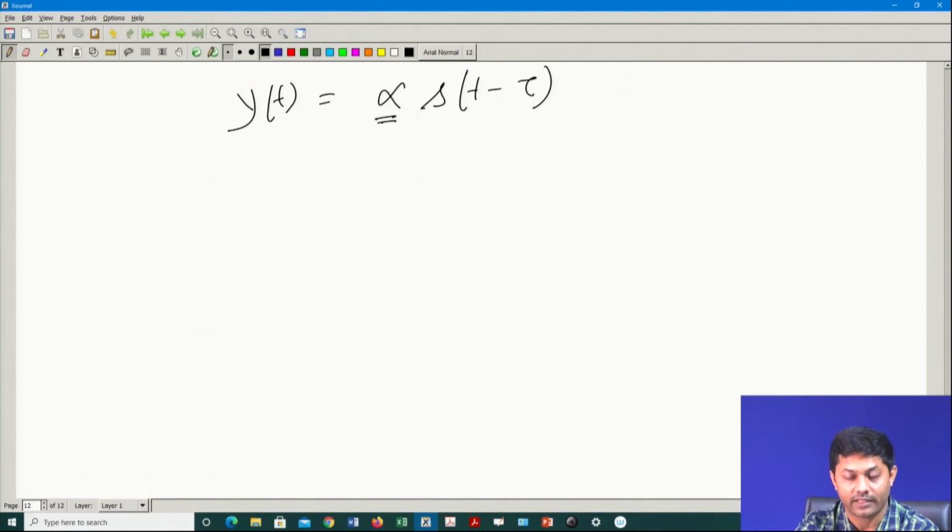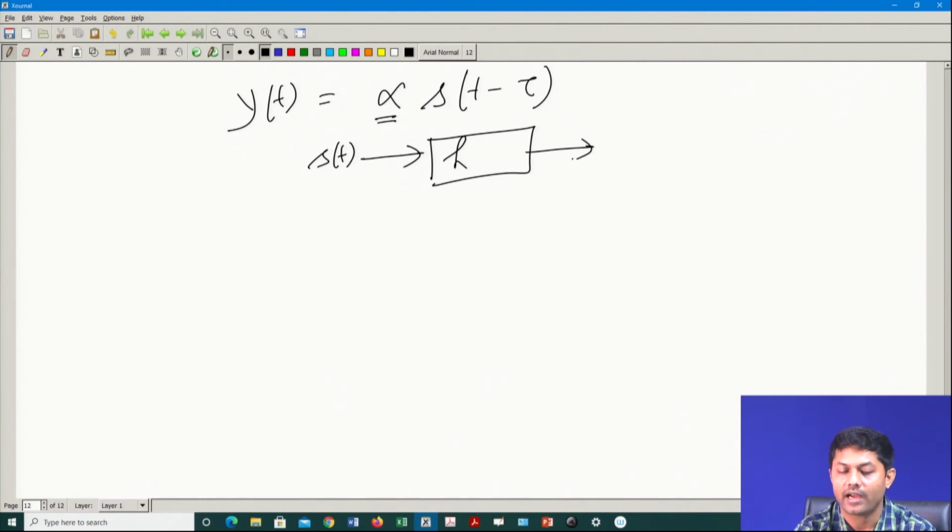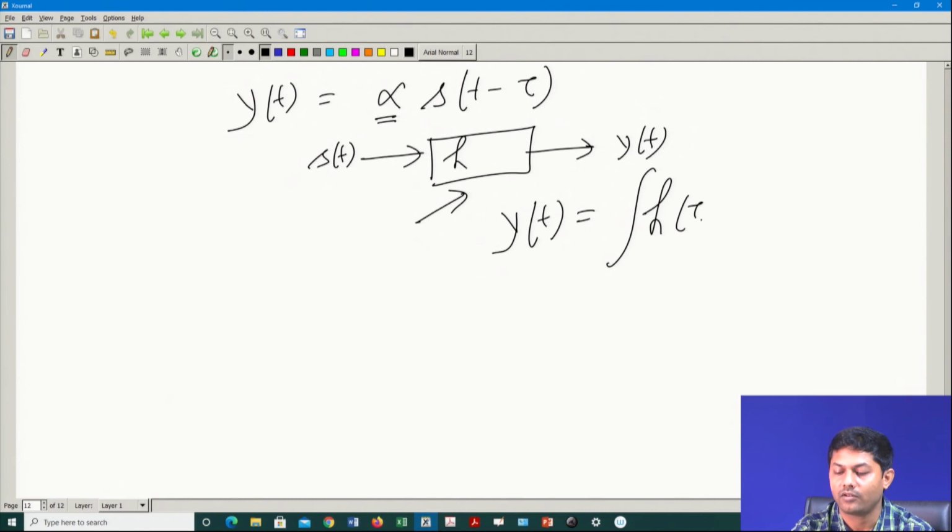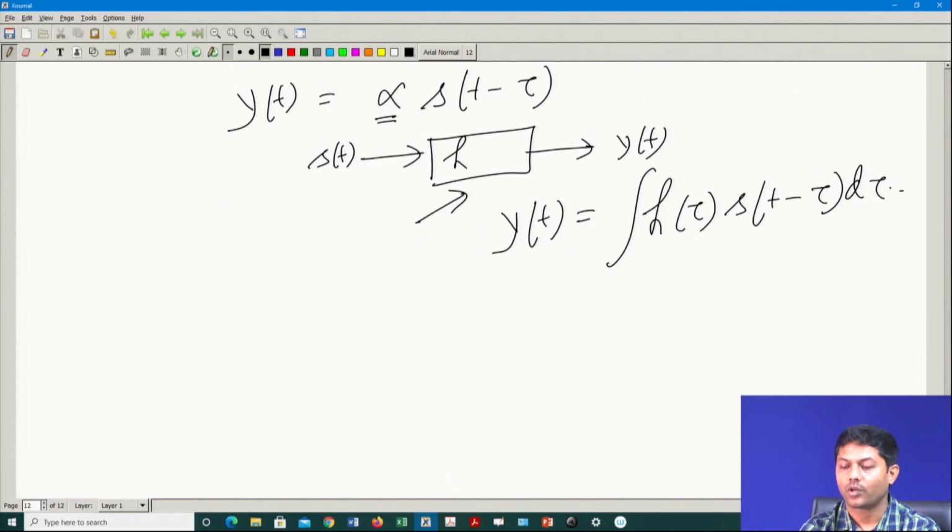Noise is implicit there. I am not repeatedly saying that I am not putting the noise here. This is just an input-output relationship. Now, again let us consider it. I am giving you s(t), it goes through a channel h and I am finally getting y(t). What should be my h here? We need to know that. Now, what was y(t)? Can I think of it like that? This was a convolution, right? I have just done a convolution: integral of h(tau) s(t minus tau) d tau. This is just a convolution.